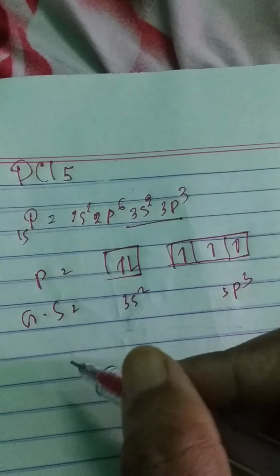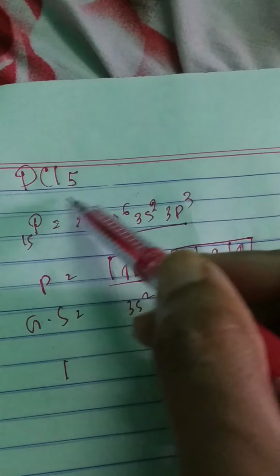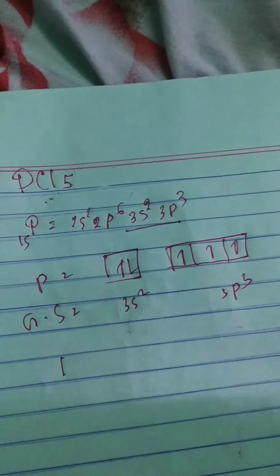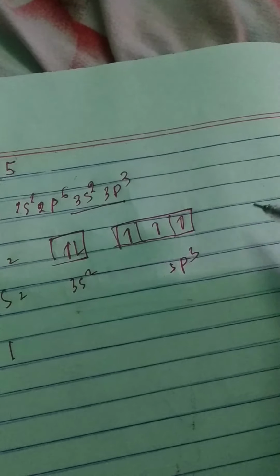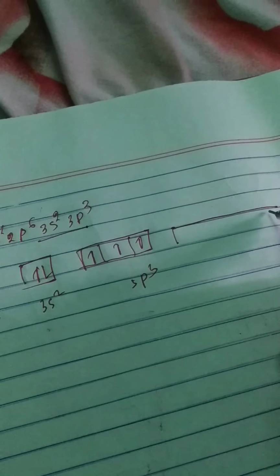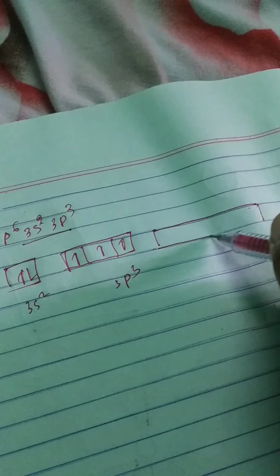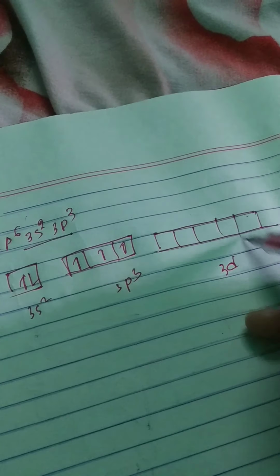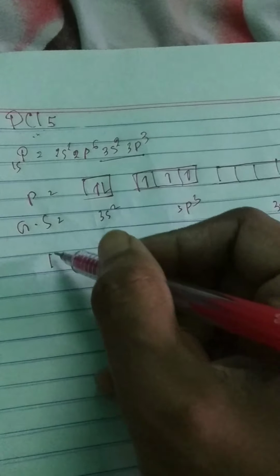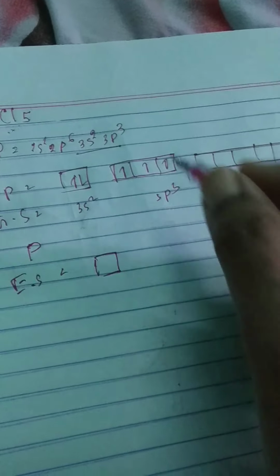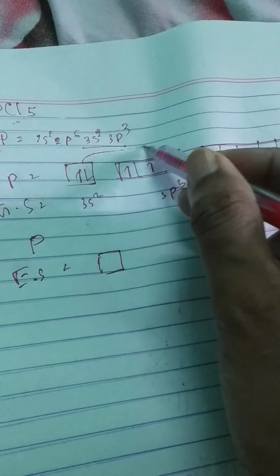Now I have to see the other minor atoms present in the molecule. So 5 are there, but I have only 3 unpaired. So I'll make it 5, in the excited state, where vacant 3d orbitals are present. So I will draw the 3d orbital. So phosphorus in the excited state. What will happen is one of the electrons from here will jump to here.